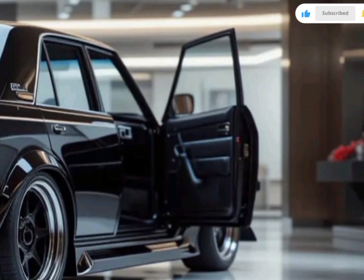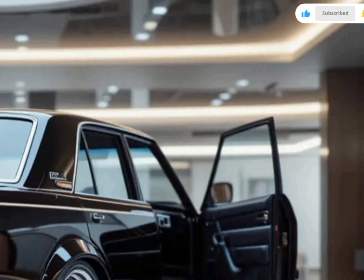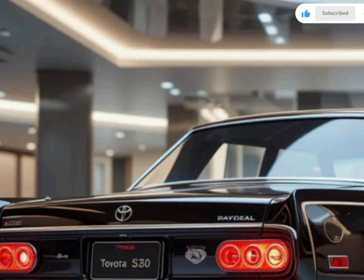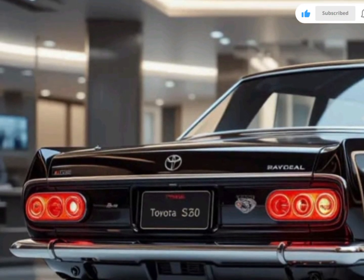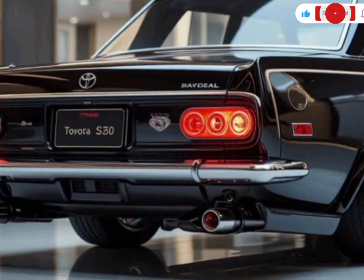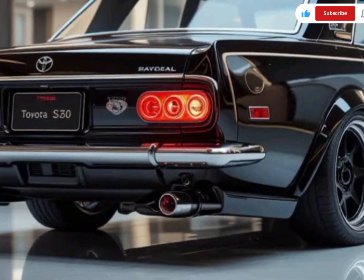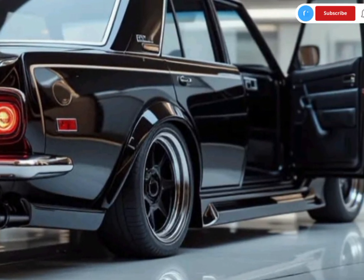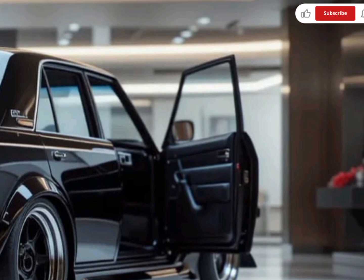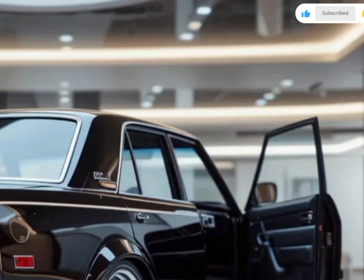In markets like Pakistan, the E70 Corolla gained a reputation for its robust build quality, reliability, and fuel efficiency. The introduction of the 1.3-liter engine variant made it a favorite among local consumers, who appreciated the balance between performance and economy. The Corolla's presence on Pakistani roads became ubiquitous, with many households considering it a staple vehicle, often passed down through generations. The E70 series laid the groundwork for future Corolla generations by